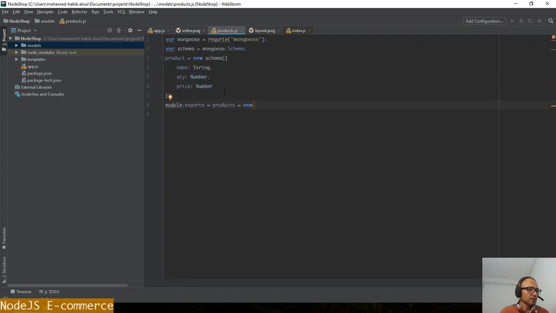The next thing is to export this or transform it into a model. This is purely MongoDB stuff. We define the schema, export it as a model, then use it later to execute save, update, delete, etc. So here I will do mongoose